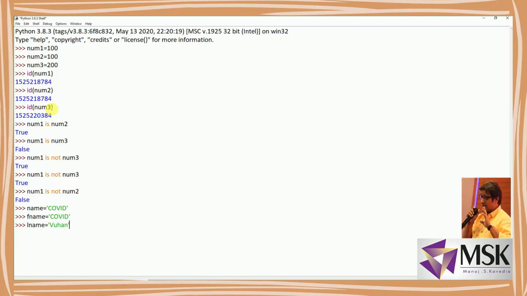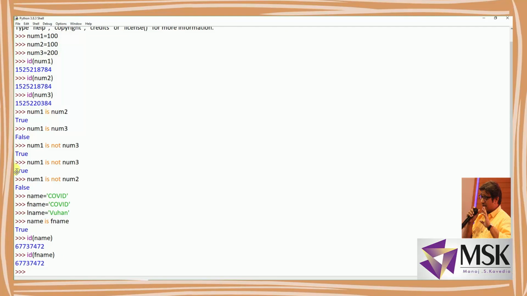So I've declared 3 variables. Now I'll write name is fname. So it is giving true because both are the same, they share the same id. Let's see the id of both. So id of name and id of fname. You can see the id of name and id of fname are the same.